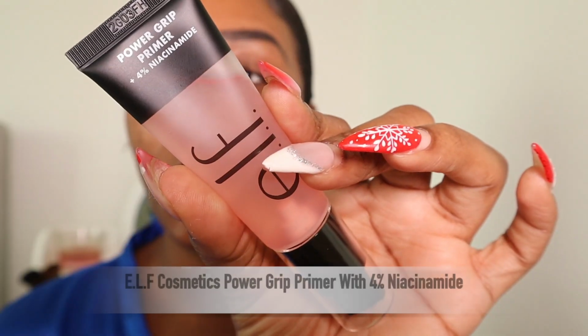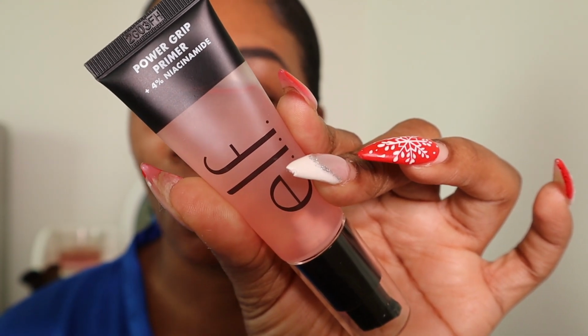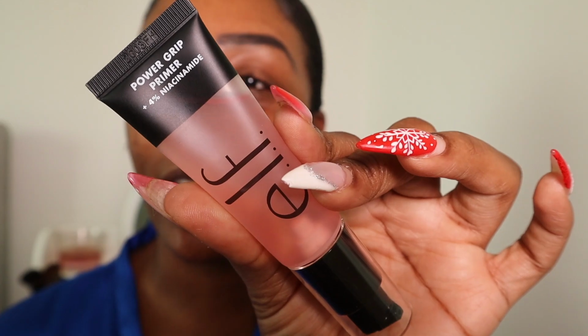First, we're going to start off with a primer. I feel like having a primer sets the foundation for your makeup base, okay? I'm going to be using the e.l.f. Power Grip Primer. Now, this one has 4% niacinamide. If you do not know, niacinamide is great for brightening up your skin and evening it out. If you have any dark spots or pigmentation at all, this is supposed to help over time brighten and correct